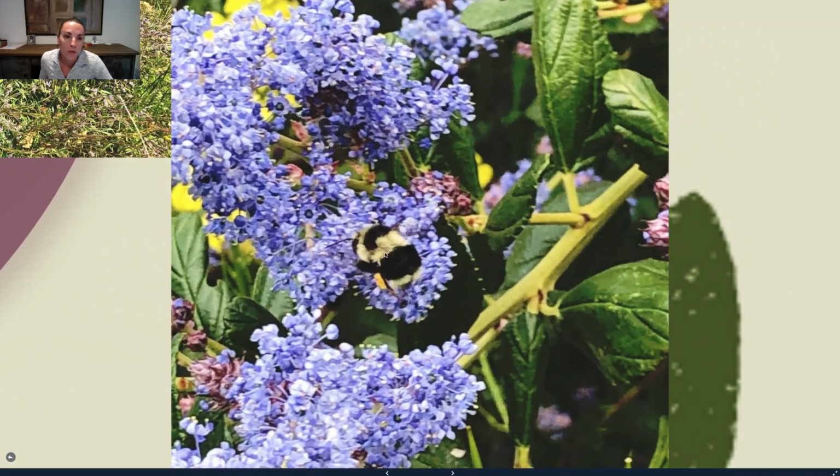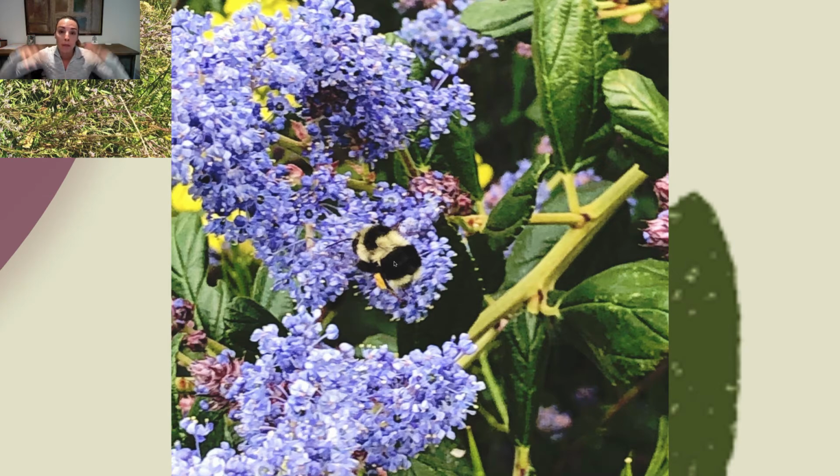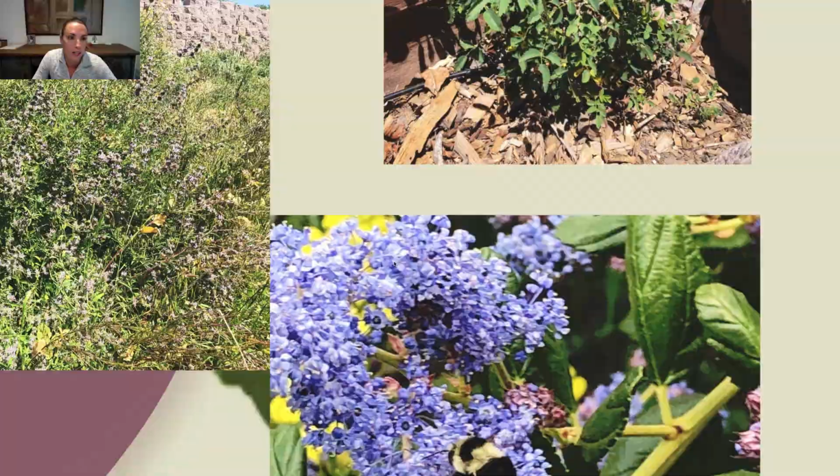So this is the California lilac. I apologize for how blurry it is, but this is a little bumblebee. The bumblebees, the native bumblebees, absolutely adore the California lilac, and they come in big bushes, and they come in ground cover. So ground cover is where they just spread out across the ground. They don't grow really tall, but they come in many different varieties, but California lilacs are wonderful for pollinators, even